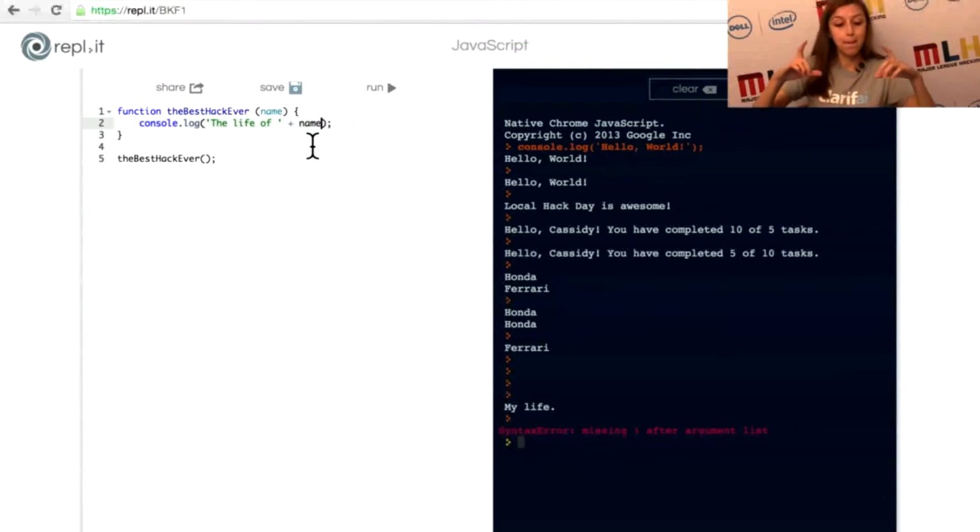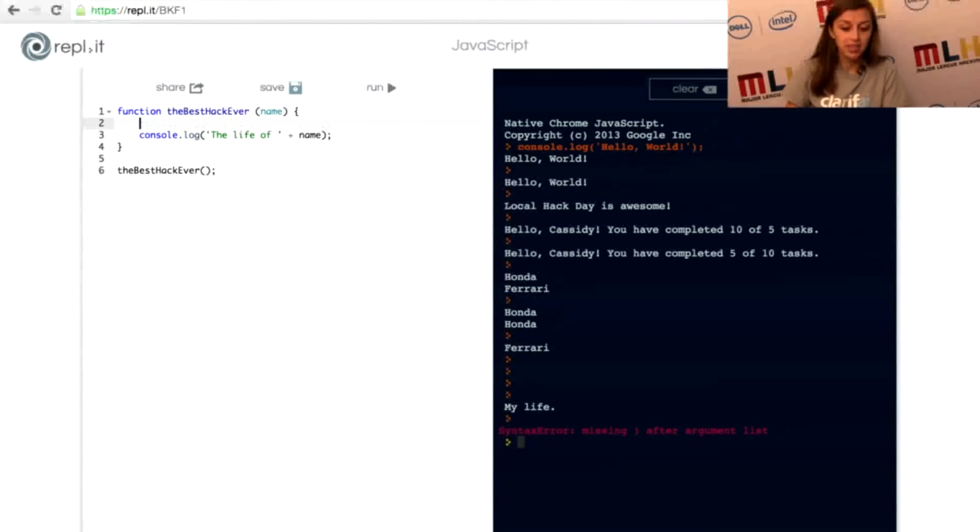Now, if you'll notice, in this entire console.log statement, it's kind of like a variable where we have the quotes plus name. You can console.log as much as you want because it's just printing to the console whatever is in the parentheses. What we could have also done is done var statement equals, and then the life of, and then name right here.